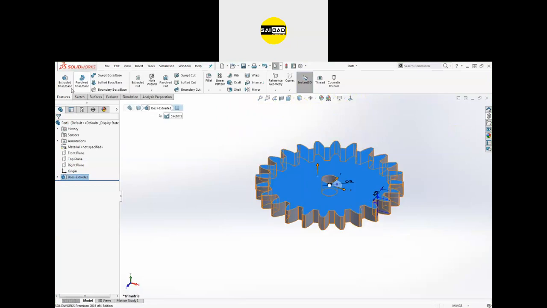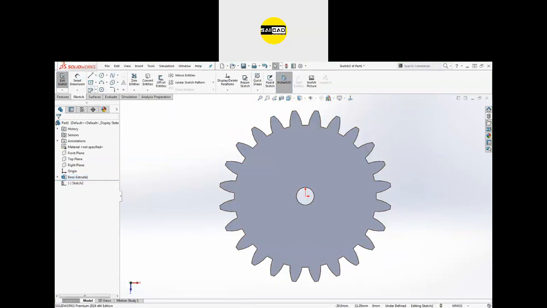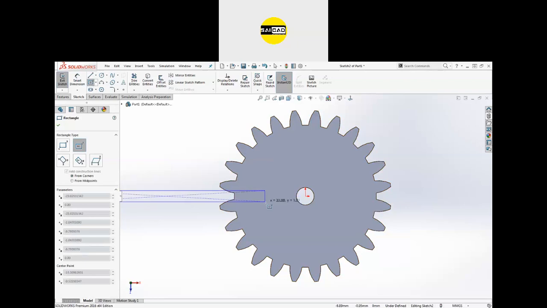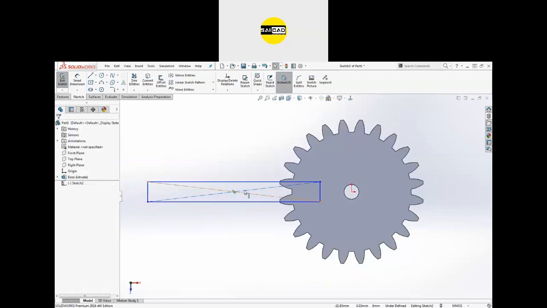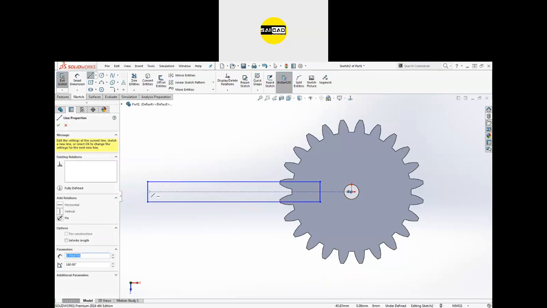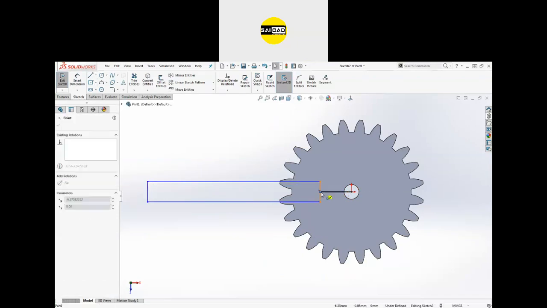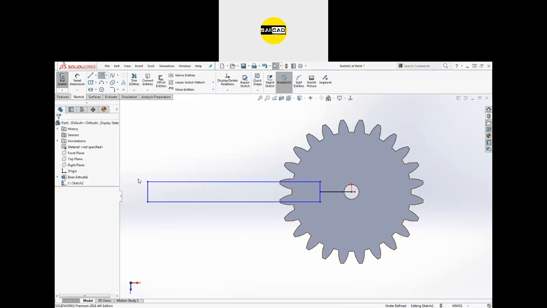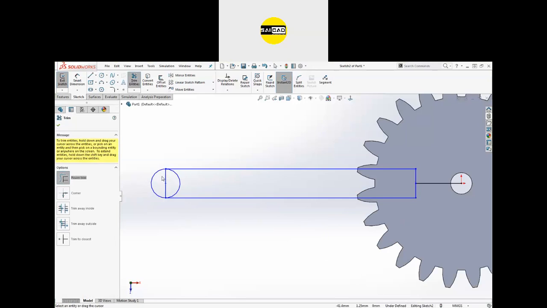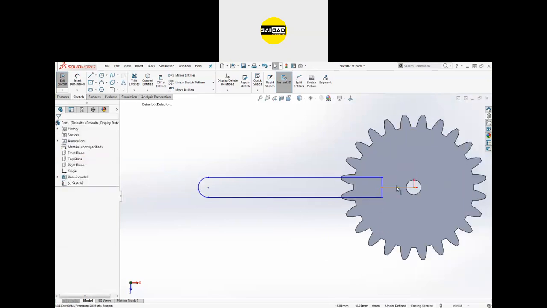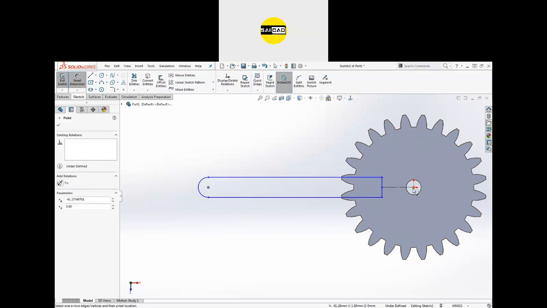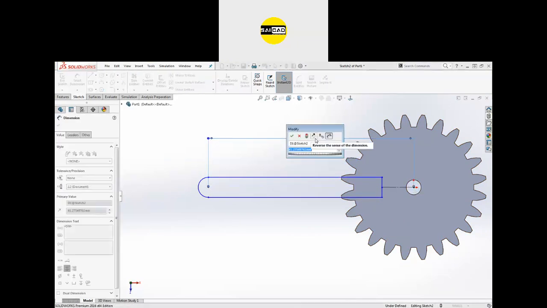After that, you can just go and create the shape that you need. I think we need the shape like this one. Okay, we don't need the middle line. We just need the line from here to somewhere here or somewhere here. After that, we need a circle here, and we need to trim out these one. Okay, this line will be the reference, and we have the size from here to here, that is 31.